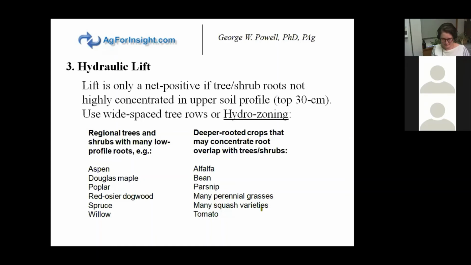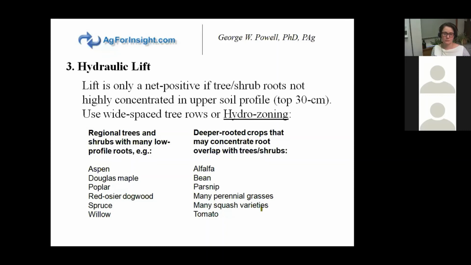So some of the regional trees that we would probably want to avoid in a field scenario, because they do have a lot of low profile or shallow roots, would be your aspen, Douglas maple, some people would refer to that as a vine maple, poplars, red osier dogwood, spruce, and willow. Incidentally, those are the same reasons which actually make them really good candidate species for riparian protection, because they armor that upper soil level horizons and prevent erosion from water. And then also you might find